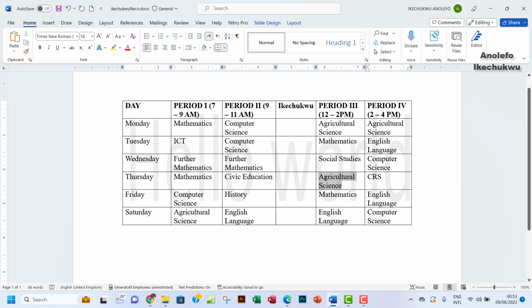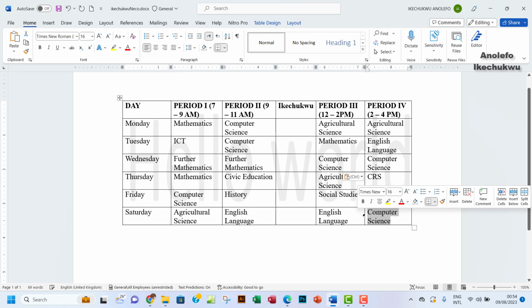Okay, so let me just, for the sake of it, take out this social studies here. So let me just copy it and then paste it here. So I have maths here. So let me just dump it here. So I think I'm good, and then probably copy this computer science here, copy it and then paste it at this point, something like that,